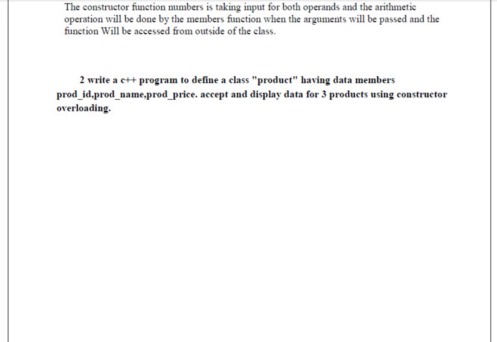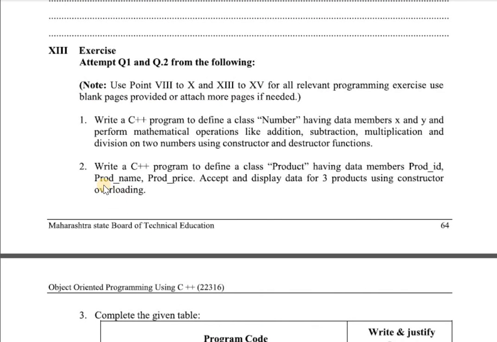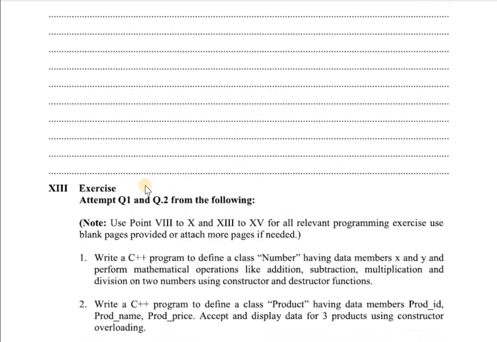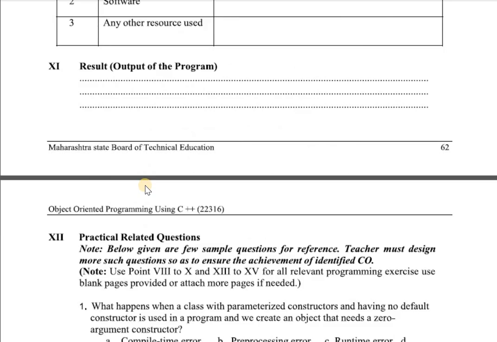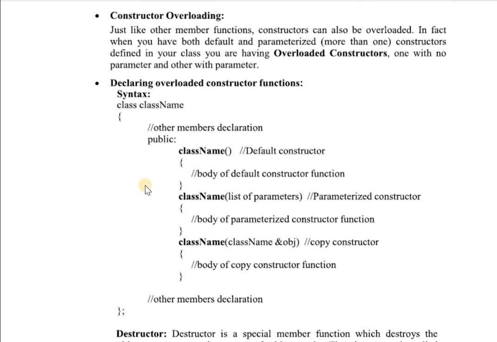Okay, and the next one is the program. Write a C++ program to define a class product. Here you want to define one class product which has data members like product ID, product name, product price, and accept and display the data for three products using constructor overloading. Here you want to use the concept of constructor overloading.